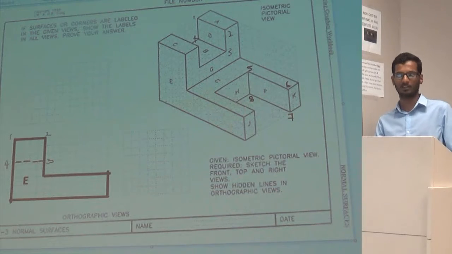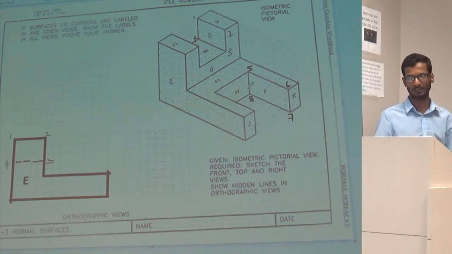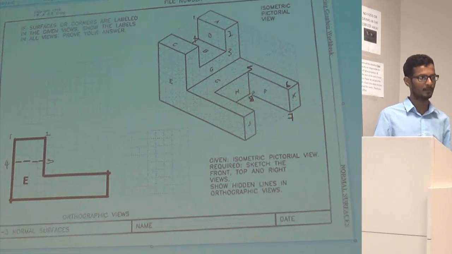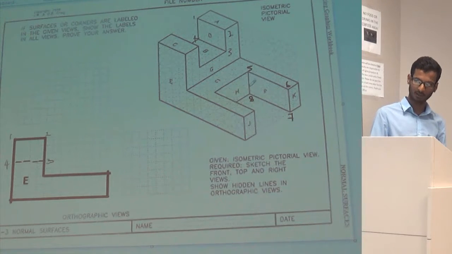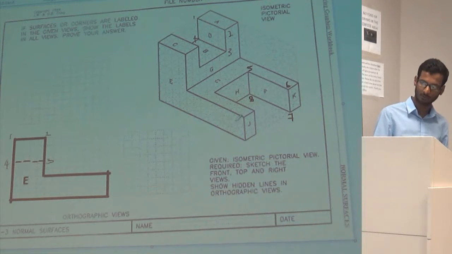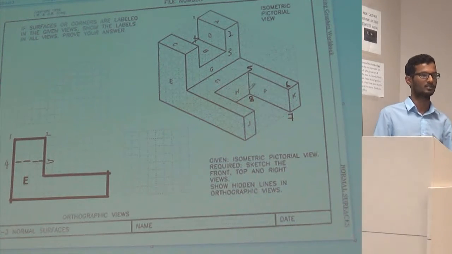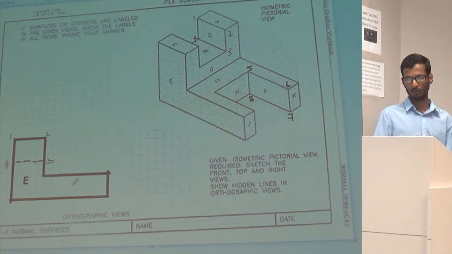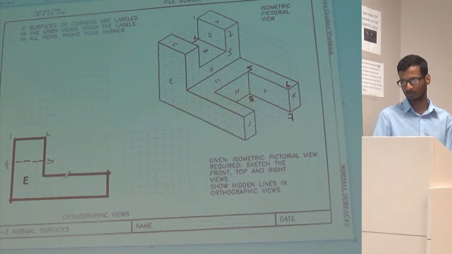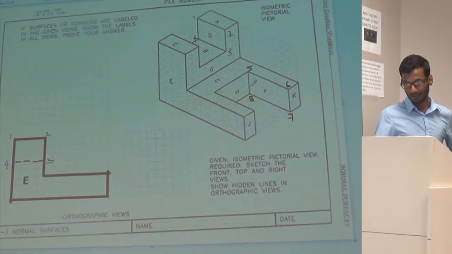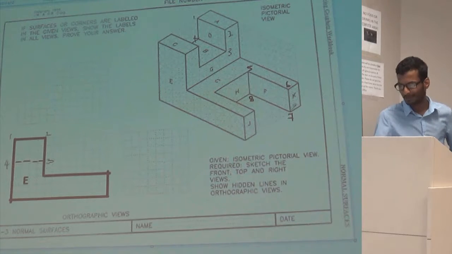So the only edge of surface F which is not represented is 5 and 8. So we will need to show that particular edge as hidden from the front view, because it would not be visible when I'm looking from that angle. That particular edge is not visible. So I would need to show that edge as hidden lines going in the vertical direction. So from 5 and 8, that's